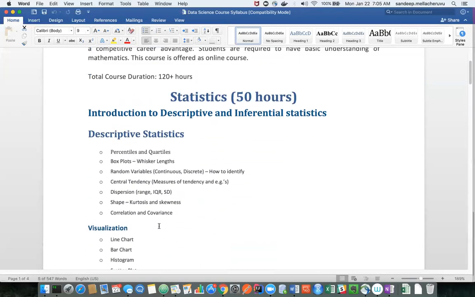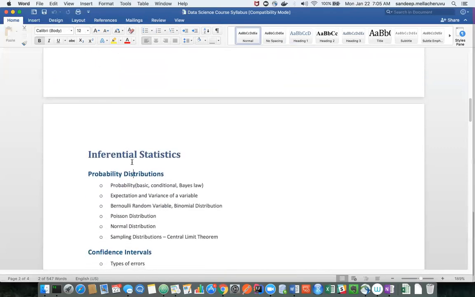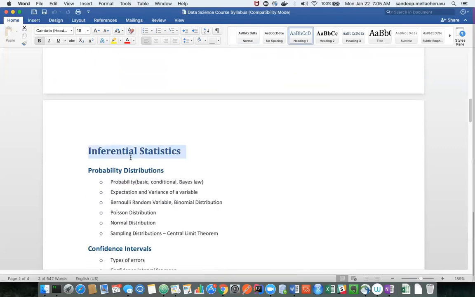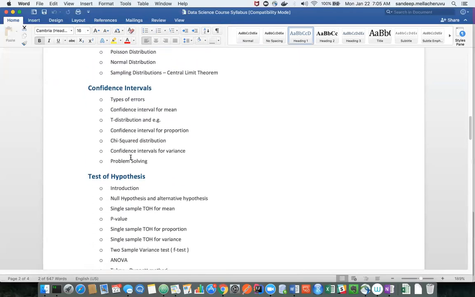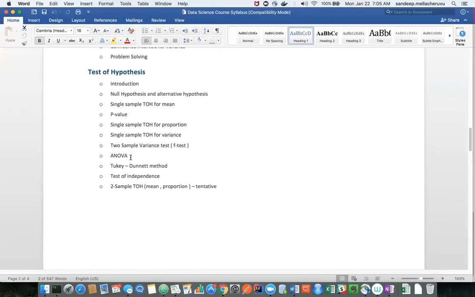So like I said, there is a descriptive statistics module and an inferential statistics module. Both modules together will make up the statistics part. And this will be the background knowledge that you need for all the regression, classification and clustering concepts.